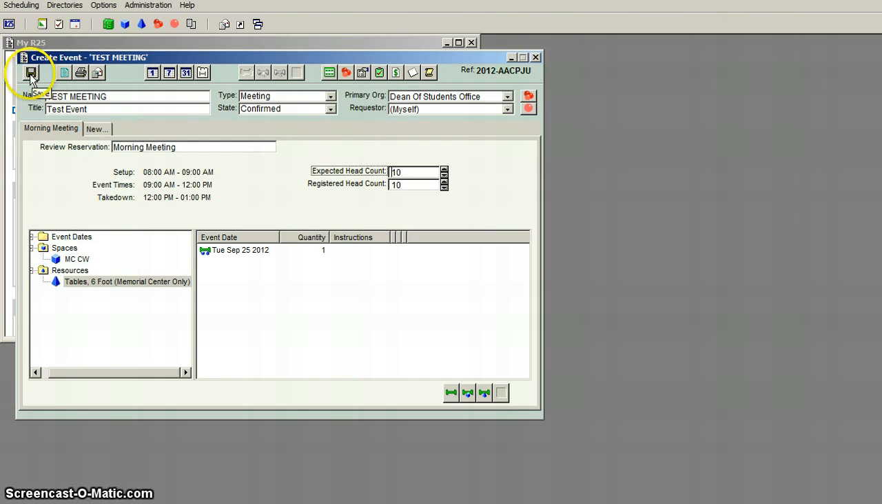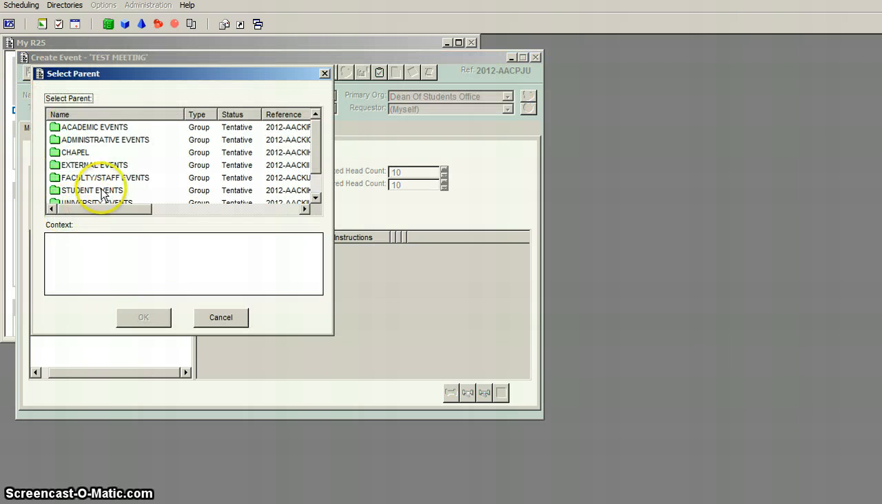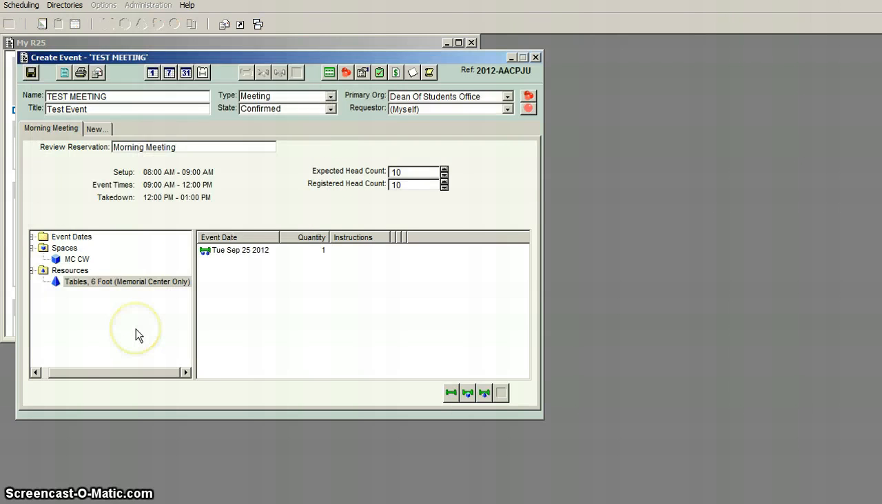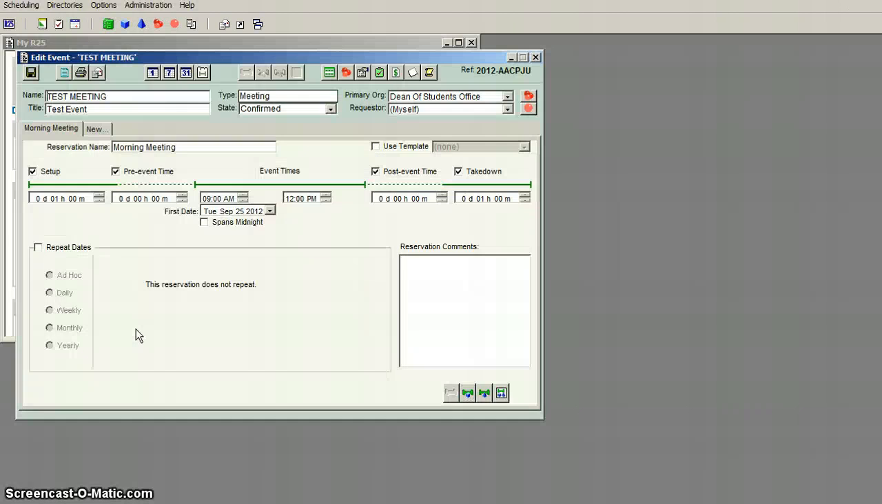So I'm going to hit the Save button. And I'm going to call this a faculty staff event and hit OK. And OK again. So now that event is done and it's in R25, and I want to email it to the person who asked for it. So I'm going to hit the little email event button